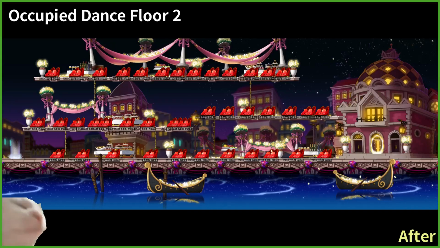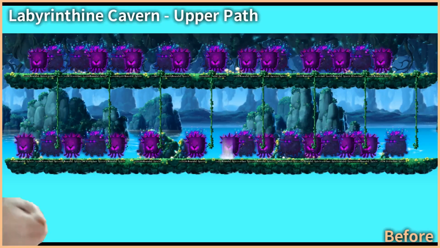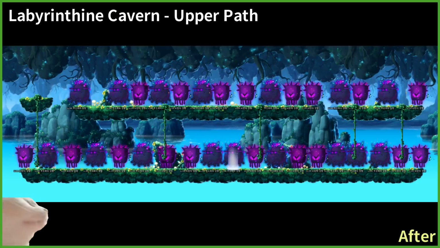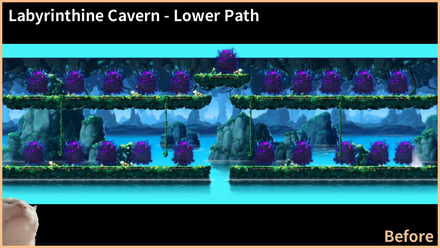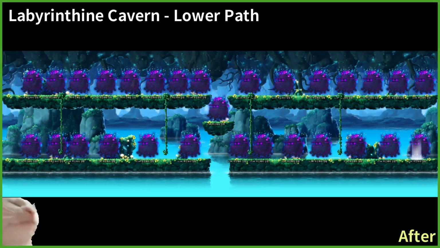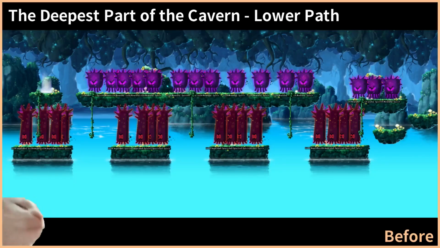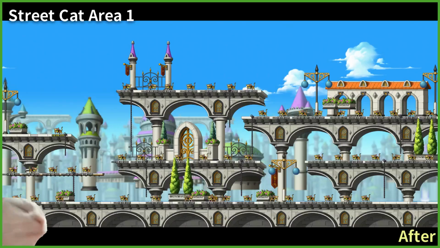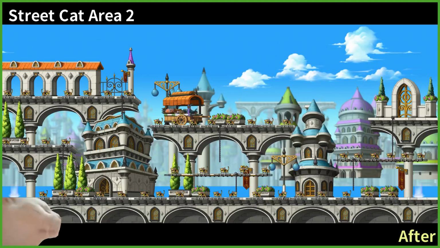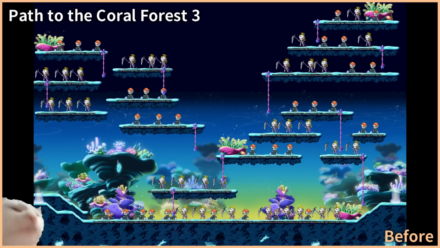Occupied Dance Floor 2, Labyrinthine Cavern, Upper Path, Side Path, and Lower Path, Beneath the Spirit Tree, Deepest Part of the Cavern Lower Path, Street Cat Area 1 and 2, Path to the Coral Forest 2, 3, and 4,